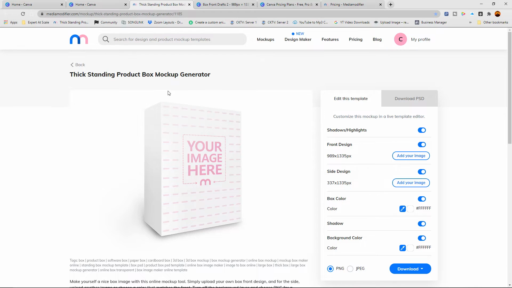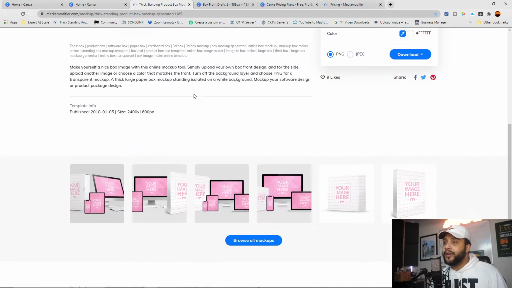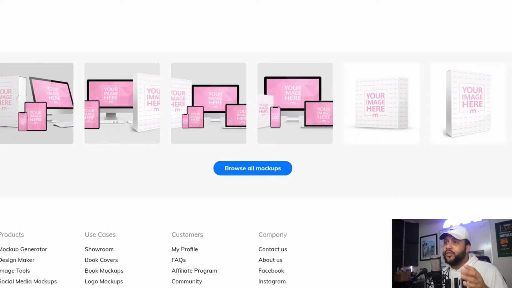That's the first website. The second website, we got a design. What are we going to slap it on? Well, we slap it on these 3D box mockups that are provided to you by MediaModifier.com. Super easy. If you know how to upload, this website is your best friend because not only does it have mockups for the 3D boxes we're going to do today, but you can do it if you have an app or a magazine or an ebook. You can use this as the place to mock up all this stuff. It blows my mind that more people don't know about this, but you know about it today,